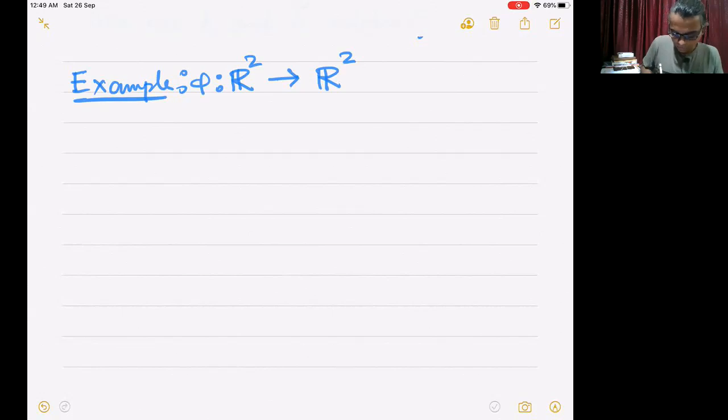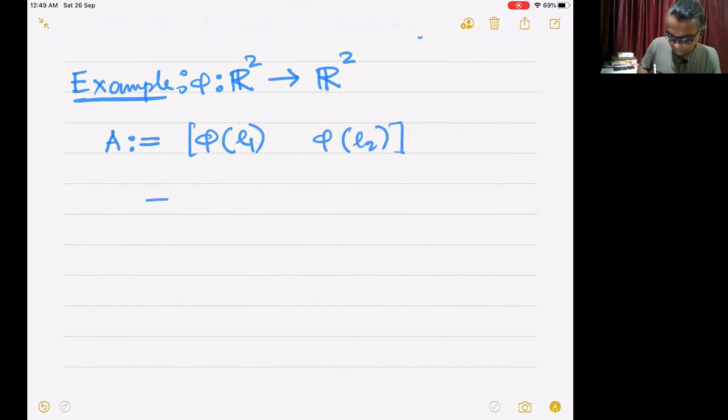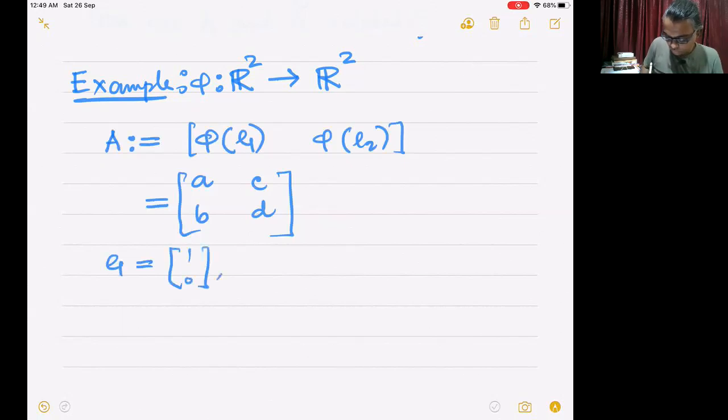Suppose A is a matrix whose columns are phi acting on E1 and phi acting on E2, let's say A, B, C, and D. What is E1? E1, of course, is (1, 0), and E2, of course, is (0, 1). We call it the standard basis